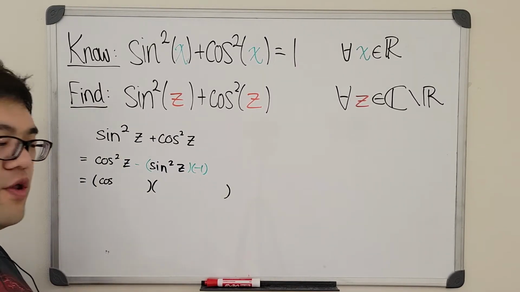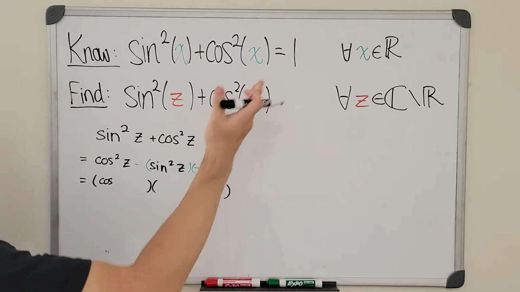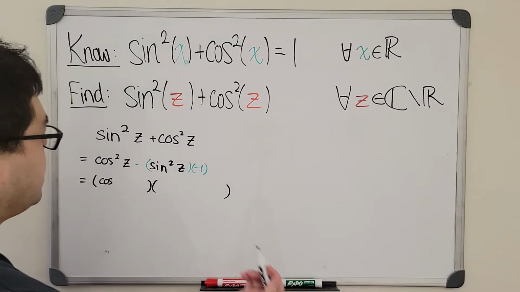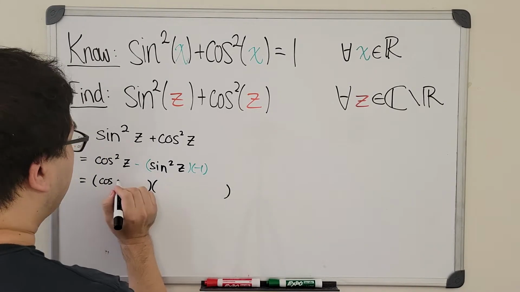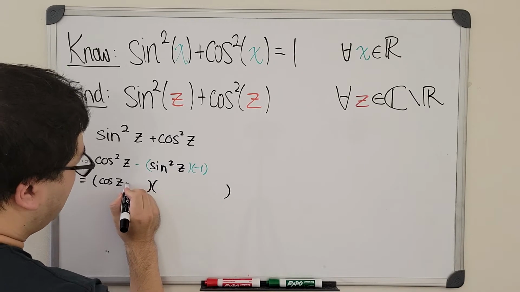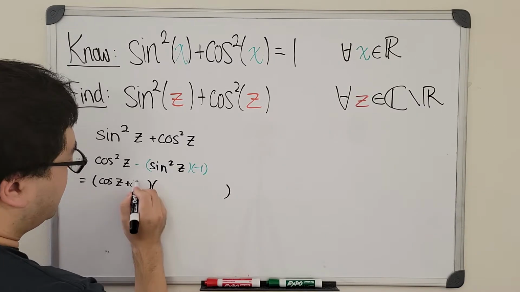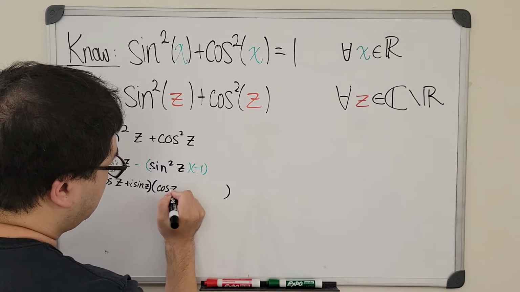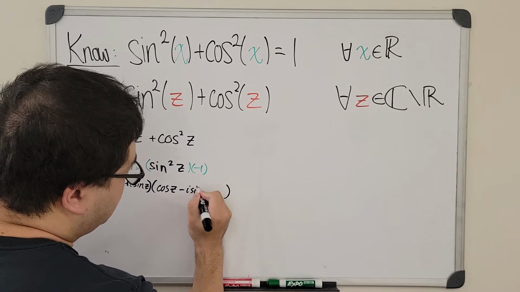And what is -1? Well, by definition, -1 is just i squared. It is the imaginary unit squared. So we can in fact rewrite it as cosine z plus i sine z times cosine z minus i sine